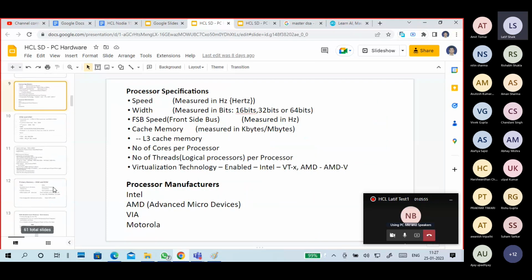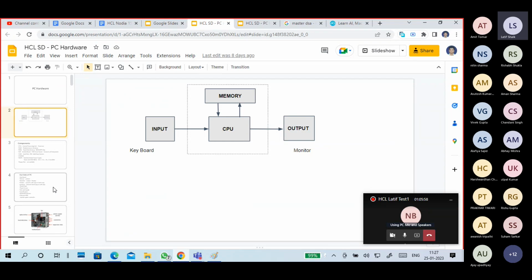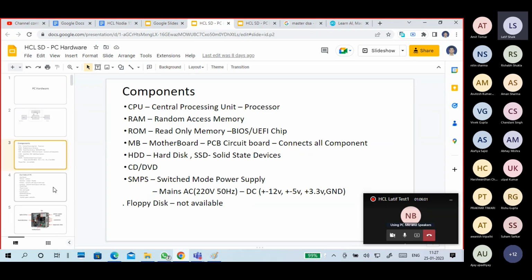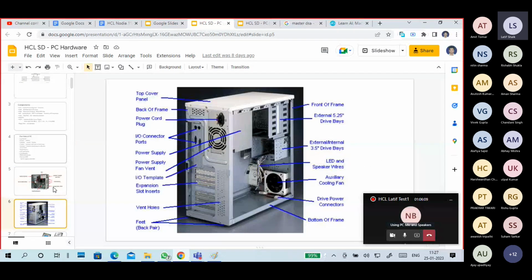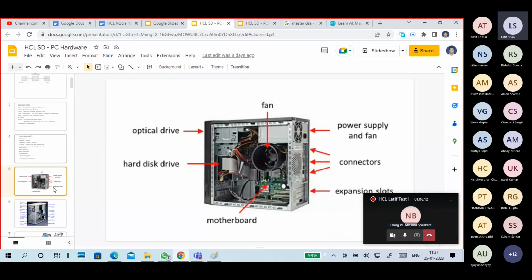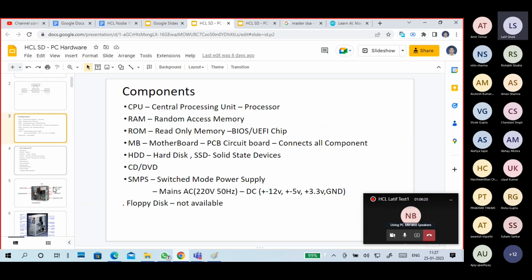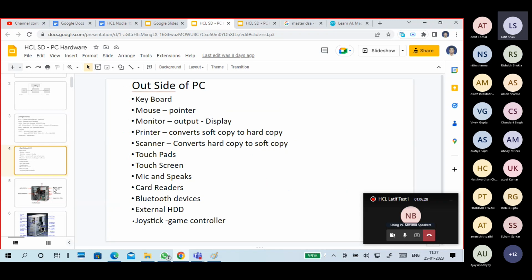If you guys see the overview of a PC hardware, what are the components in a computer? Different internal parts of a computer, guys. This is called a cabinet. This is an empty cabinet. The cabinet contains certain components inside. This is not the CPU, it is a cabinet only. The cabinet contains different components like CPU, RAM, ROM, hard disk, motherboard, CD-ROM, SMPS. And outside of this cabinet, there are several connectivities like a keyboard, mouse, monitors, printers, scanners,